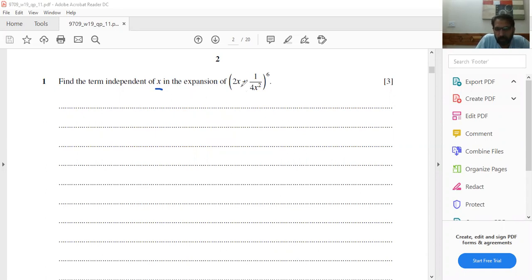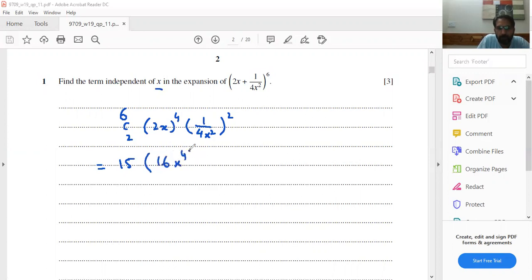Since this is power 4 and this term starts with the power 6, the first term is 6 power, second is 5, third is 4. So it's going to be the third term. The third term is 6C2 because it starts with 6C0, 6C1 and 6C2. And then it is (2x) power 4 and (1/(4x²)) power 2. If you simplify this combination with the calculator, it gives you 15, and this is 16x